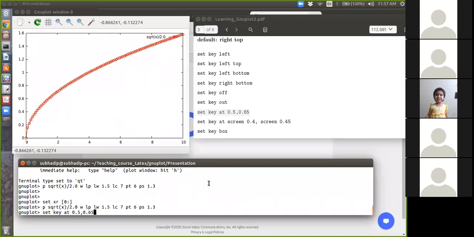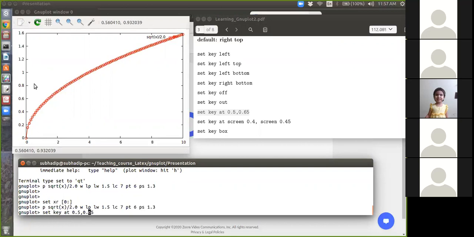This is the coordinate: set key at, then x and y. The x range is 0 to 10, so it will place at 0.5, somewhere in this line, and y is 0.65.